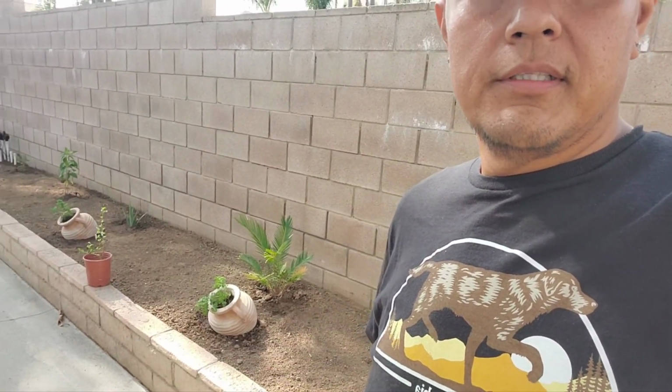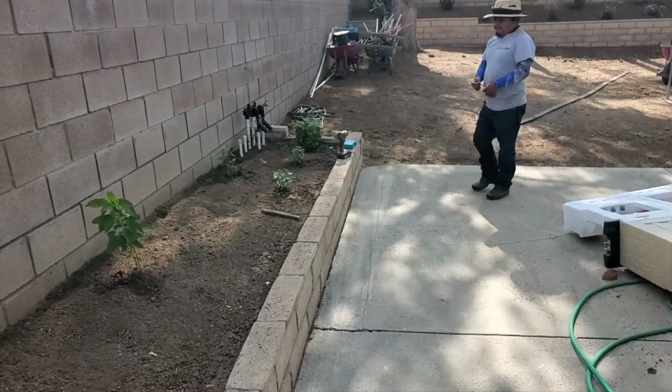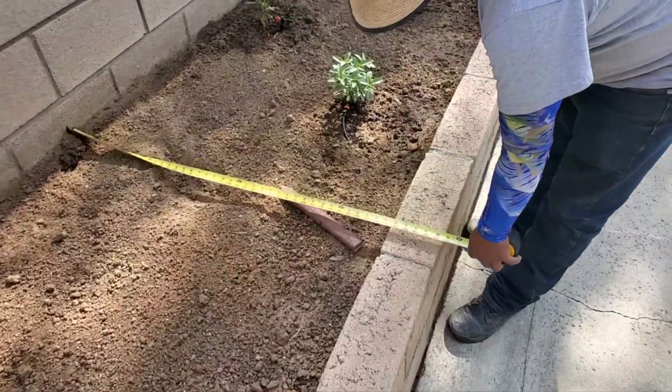Okay guys, so we made it to the job site. This morning the first thing we're going to do is we're going to be putting in our bender board to separate the sections in this little planter. It's not going to take much. It's very narrow. It's about 3 foot wide, so we're just going to cut our bender board to